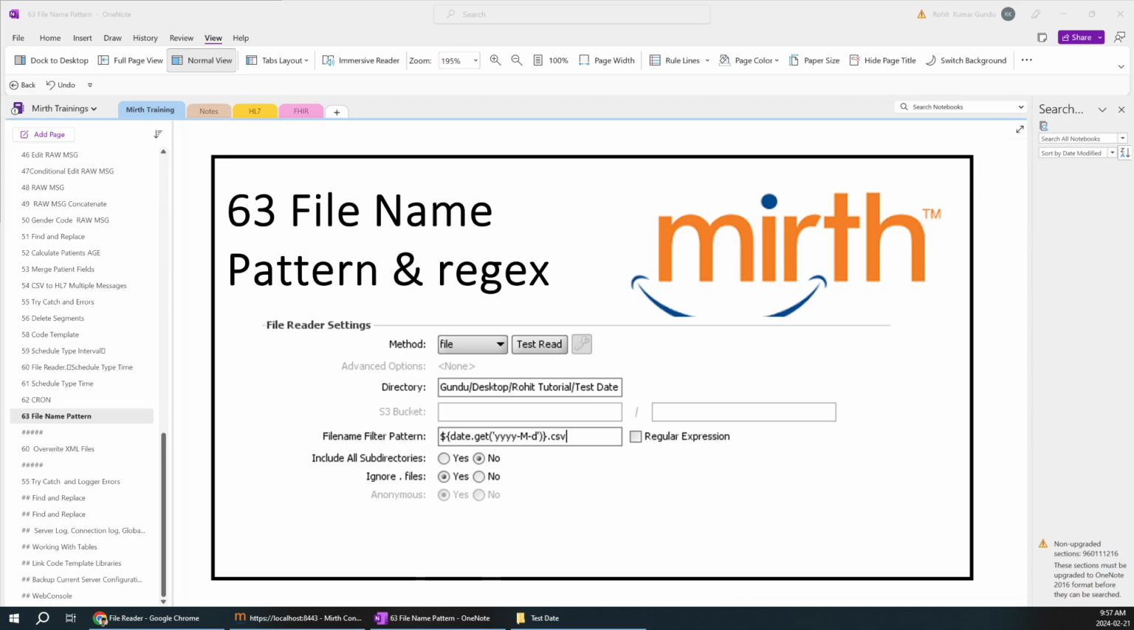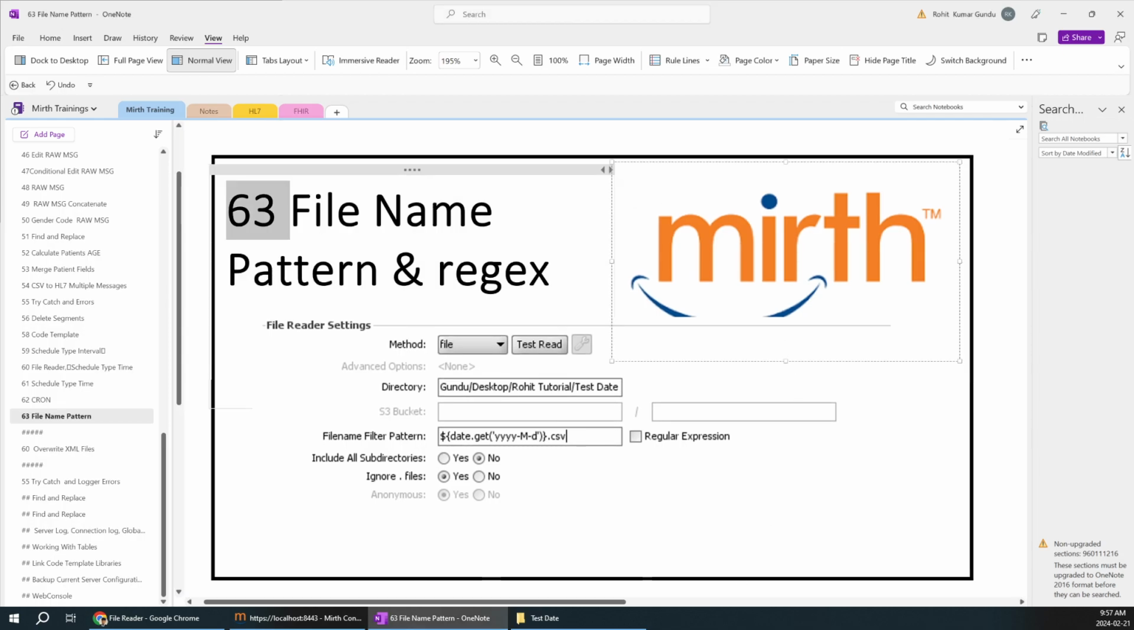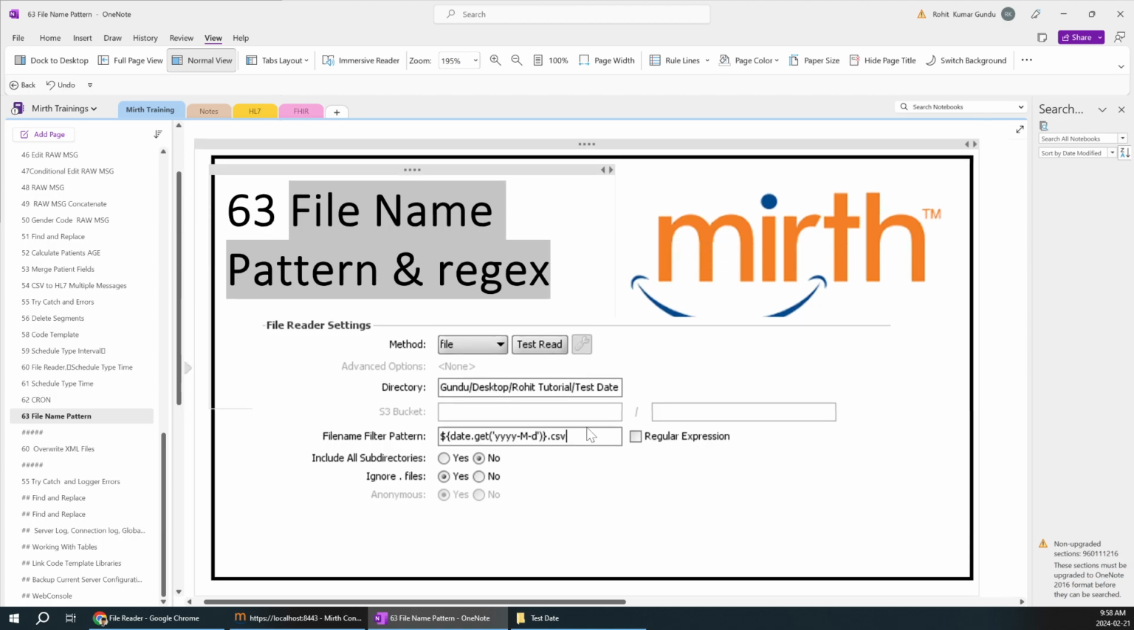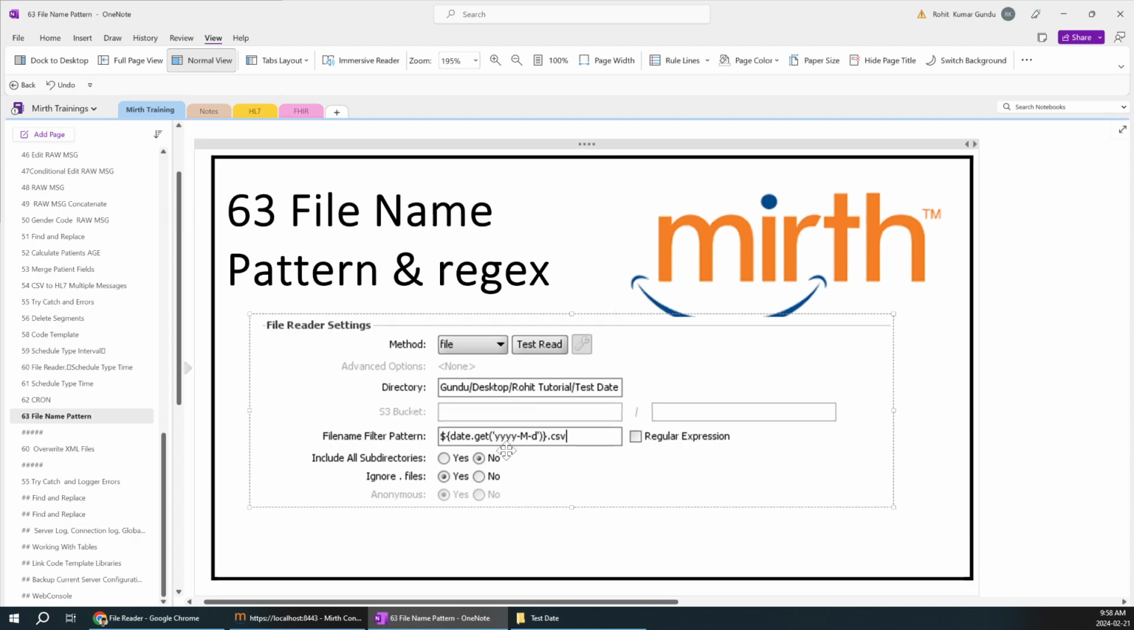Today we are going to learn about filename pattern and regex in Mirth Connect. This would be very easy when we get the requirements of filtering out a .csv file or .txt file or any specific files, but it will become very complex when you get the complex client requirements. So I'll be explaining from very foundations to the complex scenarios, so it would be very easy to follow from